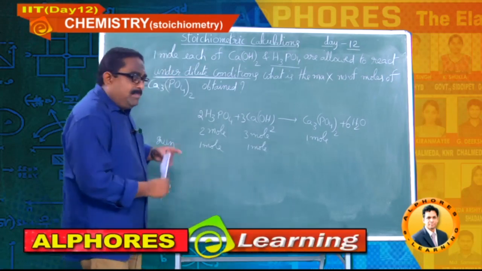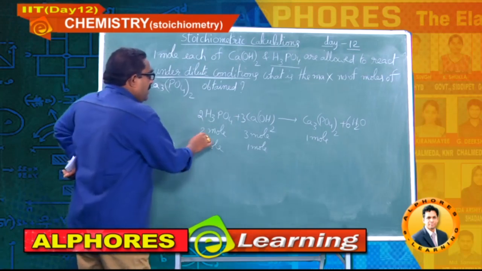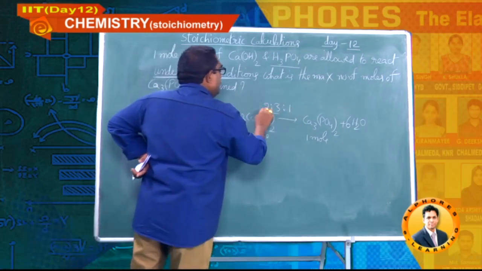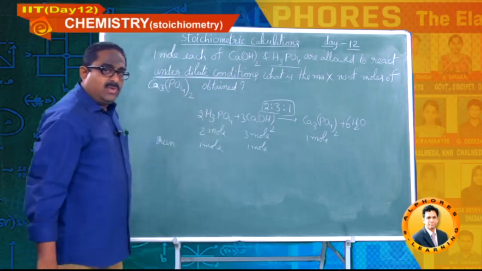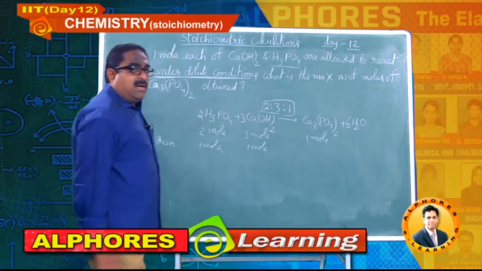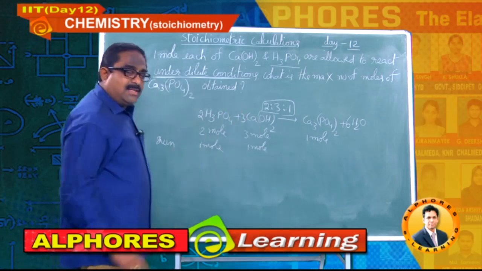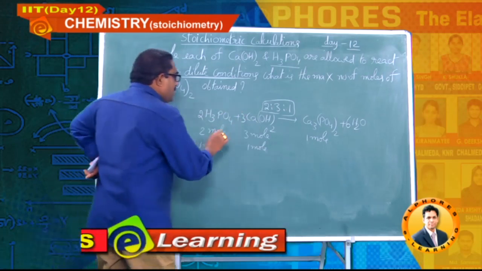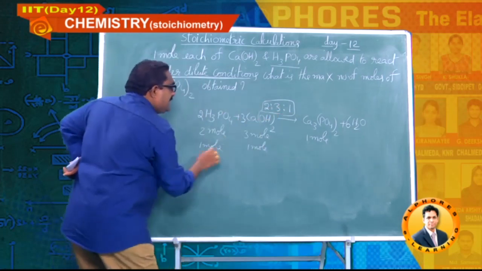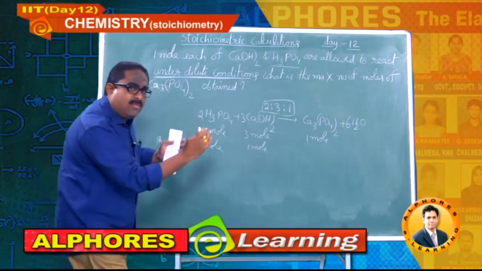First of all, let me discuss the logical approach, then I will go for that technique. Now, logical approach. Here, the mole ratio I am writing on the arrow: 2:3:1. Forget about that water, leave it. That should not be disturbed at any cost, because that is the balanced chemical equation. Okay. Here given moles are 1 mole, 1 mole. The ratio is 2:3. I want to adjust this into 2:3 ratio. Let me check what will happen. A trial I am doing, students.